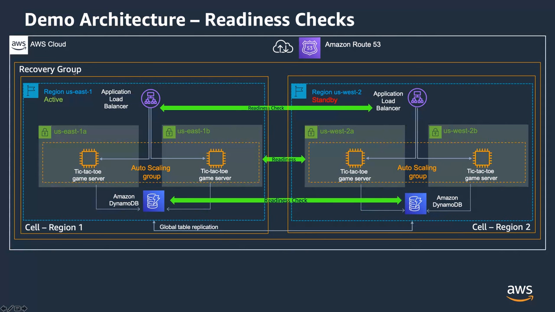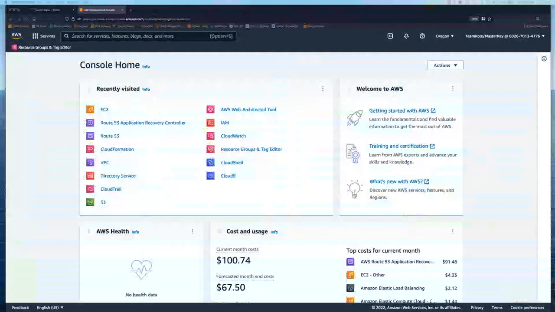Now for the demo, what I've done is I've already configured a recovery group, and I have 2 health checks going, one for the load balancer and one for the database. But I did want to show you all how to configure a readiness check from scratch. So I'm going to go ahead and do that. And then we'll see if everything is running and if I'm able to fail over and support my users between the 2 regions. So I'll take a quick pause here and see if there are any questions.